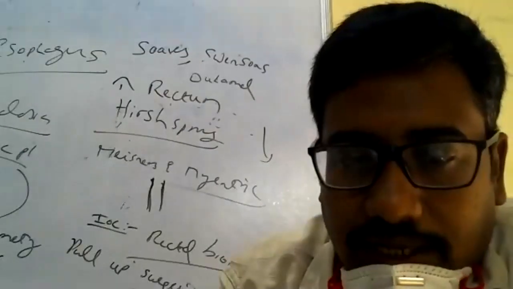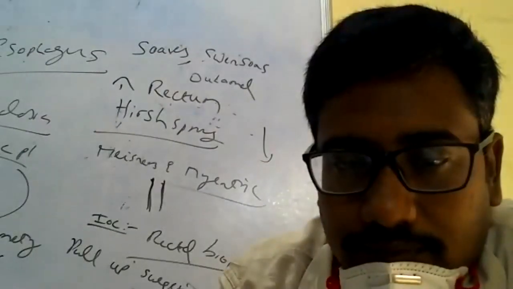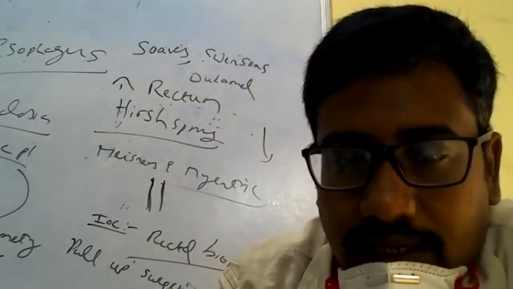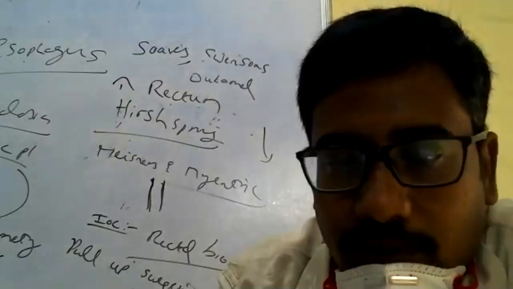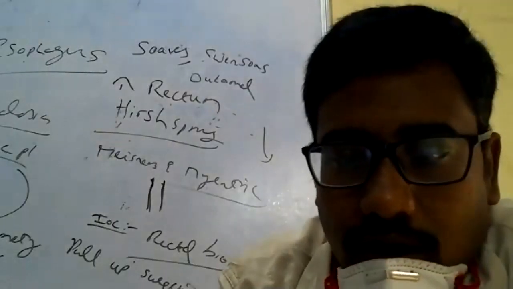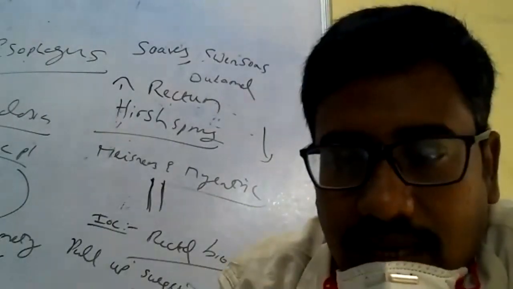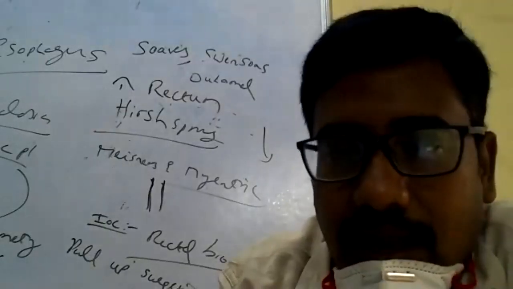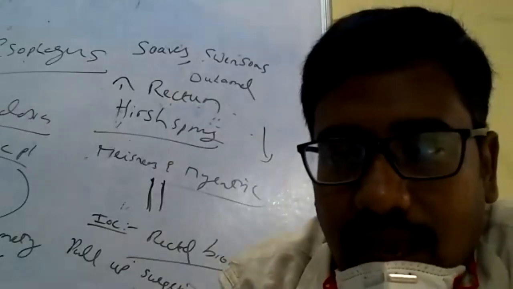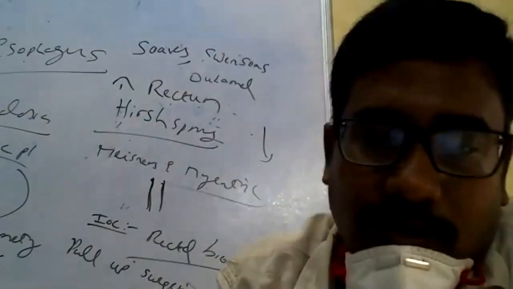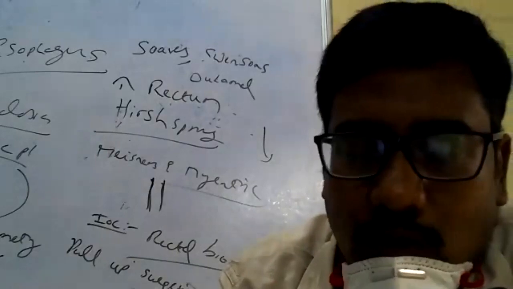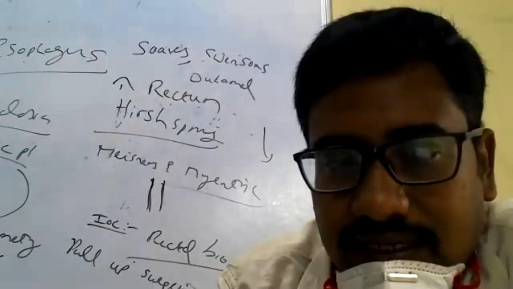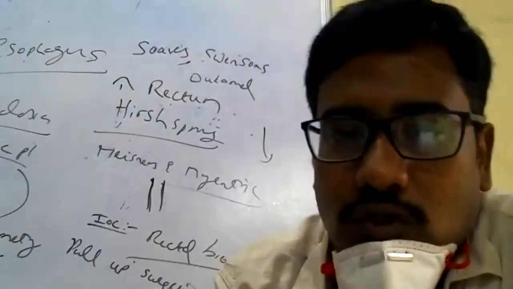Surgery of choice for GERD: fundoplication. Watson, Dor, Toupet. Watson, Dor, Belsey Mark IV, they are anterior. And posterior are Toupet and Nissen's fundoplication. So among all these 5, which is most commonly used? Can anyone guess? Excellent. It is Nissen's fundoplication which is most commonly used in